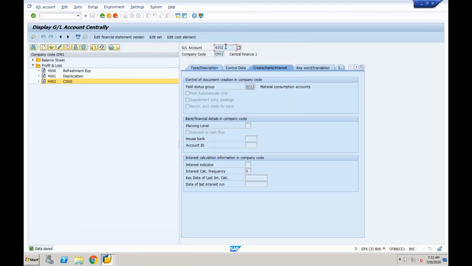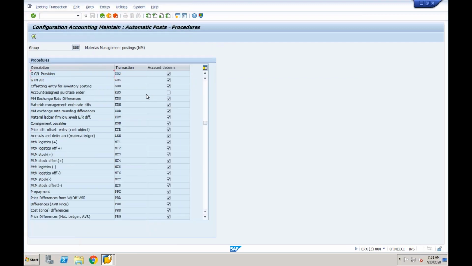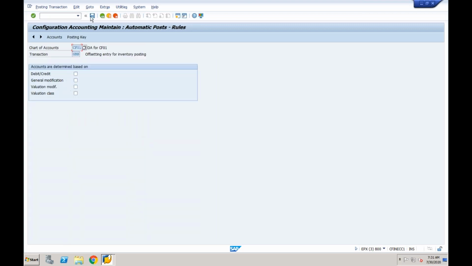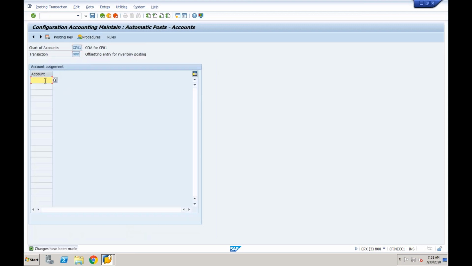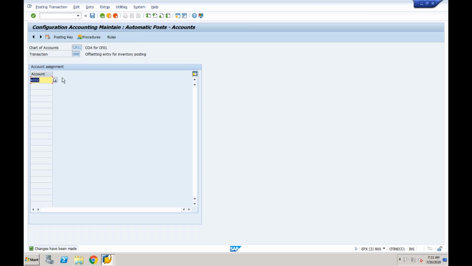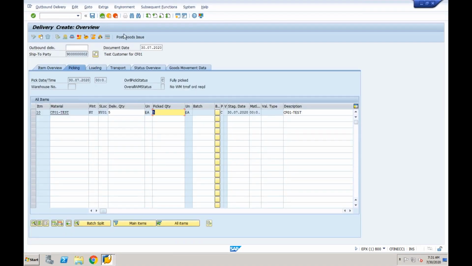So this GL account 4002, I need to assign in OBYC under GBB. So OBYC, let's go to GBB for CF01, and I'm keeping it simple again. I don't want to maintain all these configurations. I'm just saying 4002, which means whenever GBB will come into the picture, system will go for COGS account. Right, so this is also done now, which means if I try to do this PGI once again,